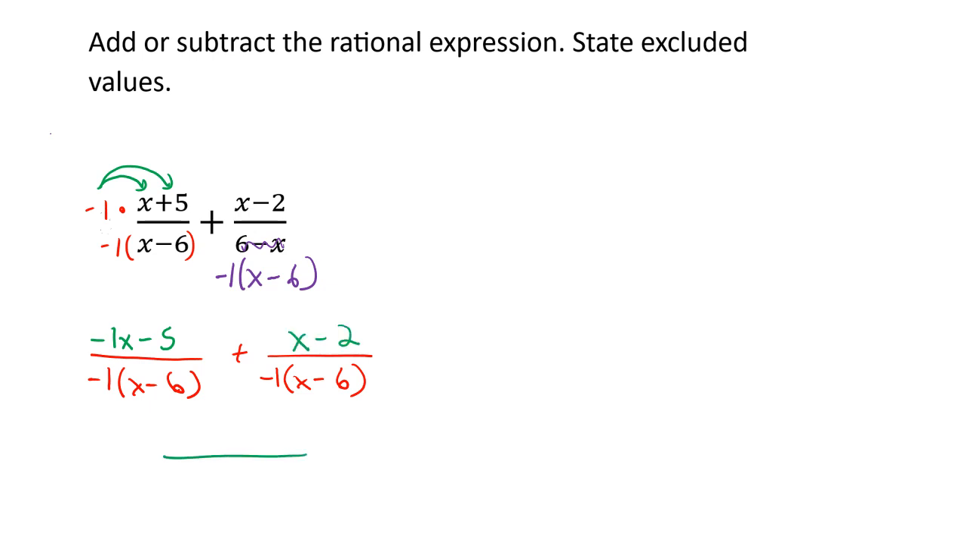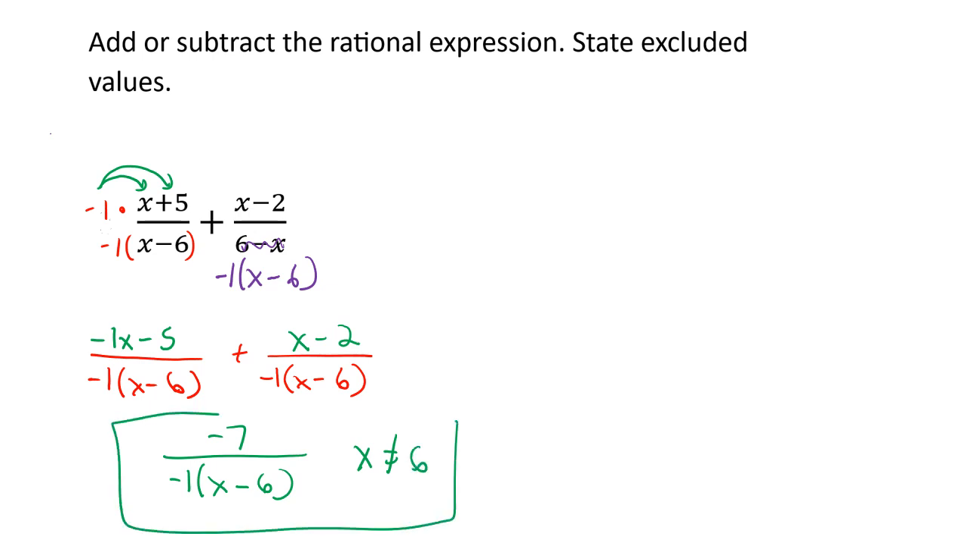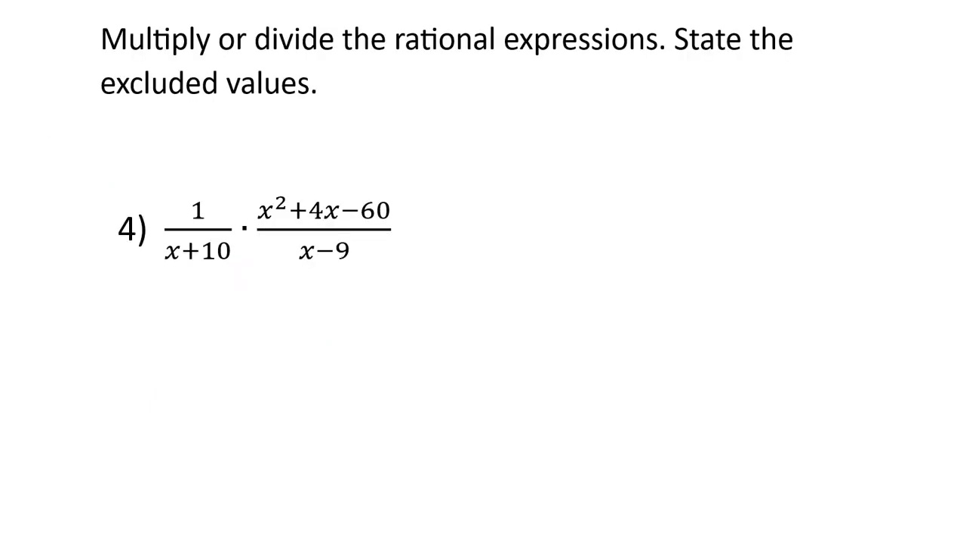Now we can combine the two fractions with addition. Combine our like terms on top. -x plus x would be 0. -5 minus 2 is -7. State the excluded value. So what number minus 6 would equal 0? +6. And we've got it. All right. Moving on to